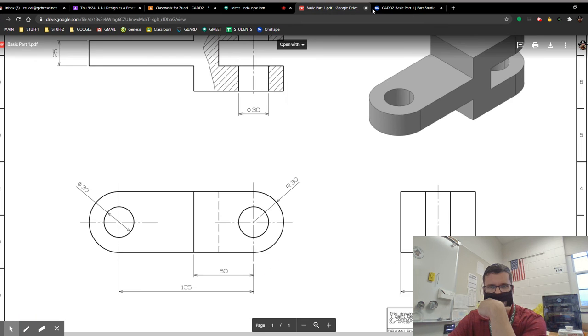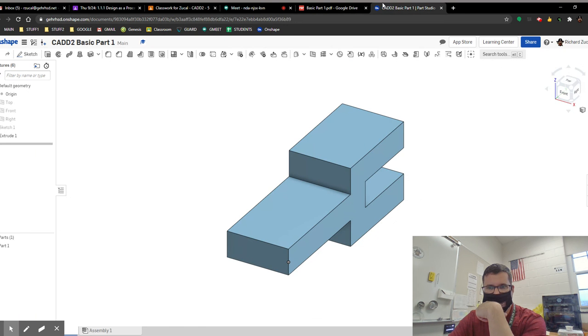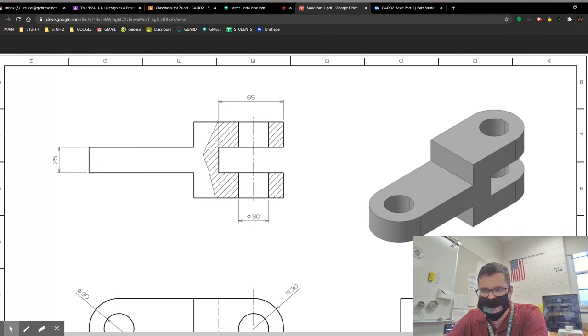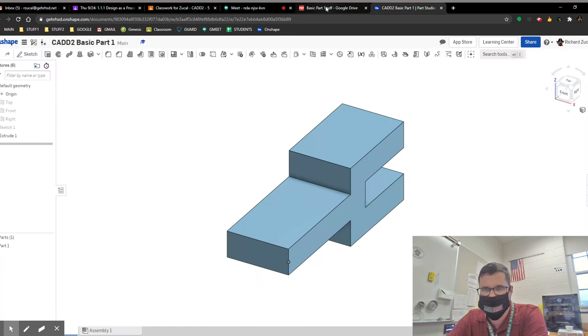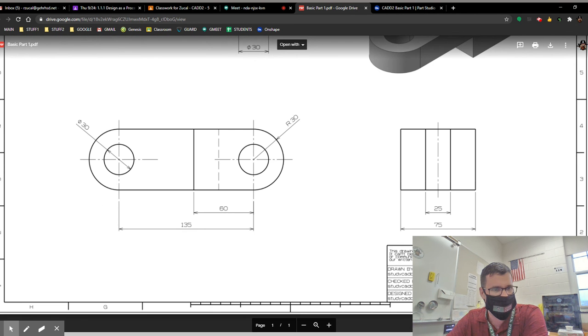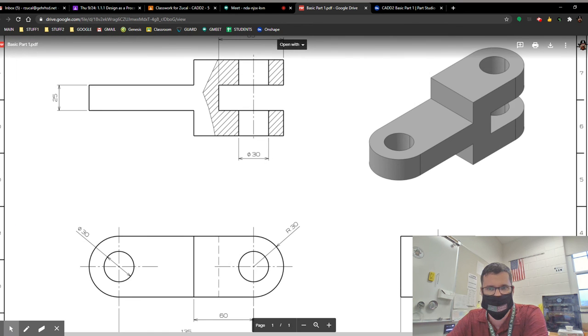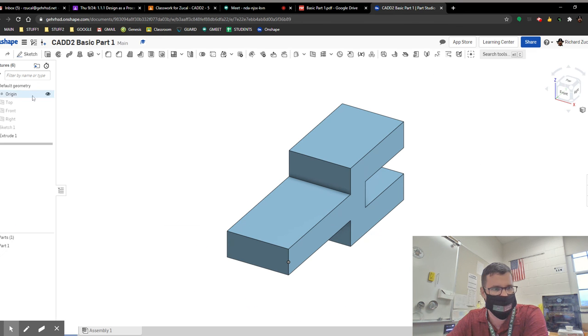Okay, now let's look at the isometric comparison. I think their angle might be a little off of mine, but it generally looks correct. We'll tell more when we make the drawing, but let's put the holes in it now. So the holes are size 30 for both, located 135 apart. So we'll make a sketch